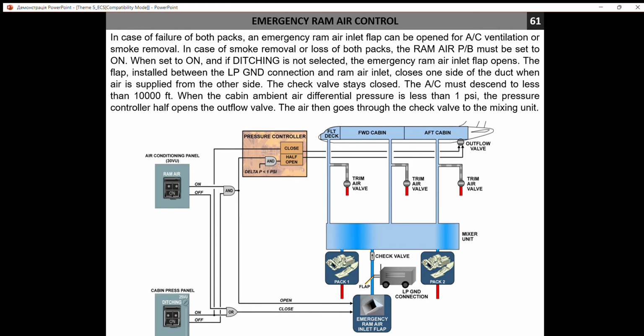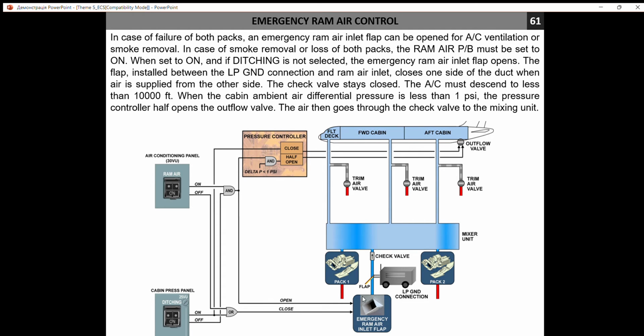For some airplanes we use an emergency system for air ventilation. On the Airbus 320, for example, when you study your laboratory work, please pay attention to it. We have an emergency ram air system. The idea is the simplest one. If you have a problem with an air conditioning pack or with the bleed system, so